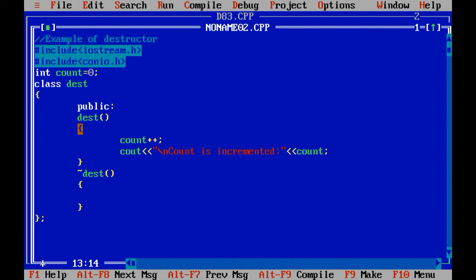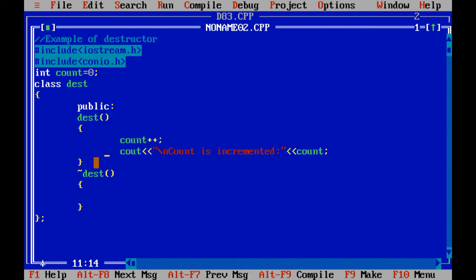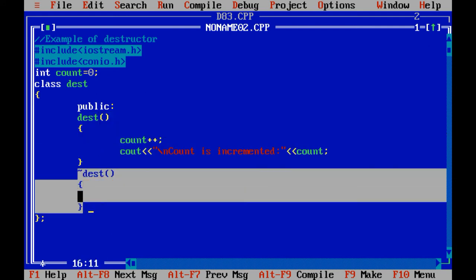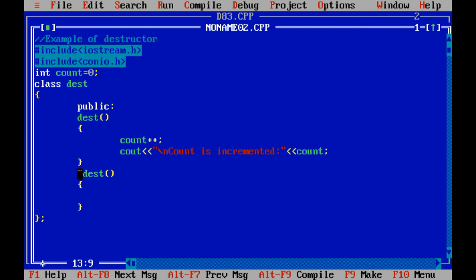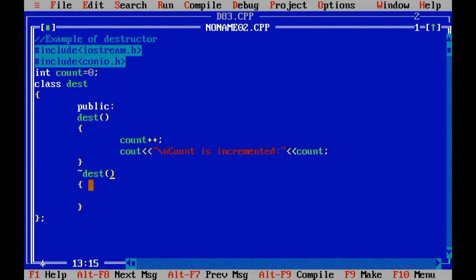So if there is a constructor, no need to use such a sign. But when you want to use the destructor, in those cases you just need to use the tilde sign before the name of the constructor. So both contain the same name as the class name, but you can distinguish the destructor with the tilde sign, right? So before the destructor you just need to apply the tilde sign. That is the first difference between constructor and destructor. Most important for the 5 mark question, right?